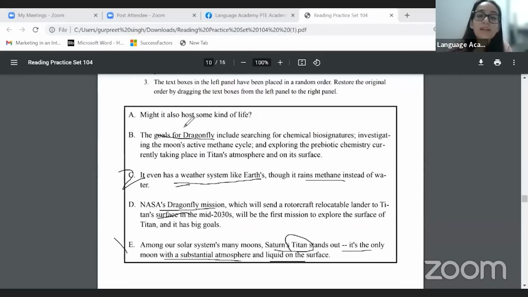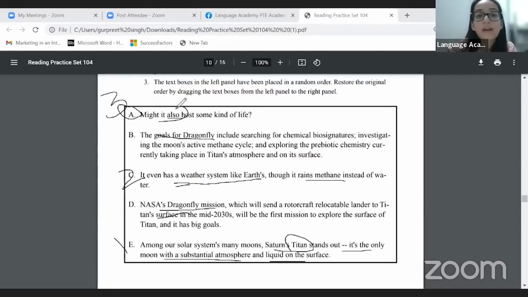And there's one sentence which is only talking about Titan. Might it also host some kind of life? When we are saying Titan has this, Titan has that, maybe Titan also has life. So otherwise, if we don't put A here, we cannot put it in between D and B or after DB,